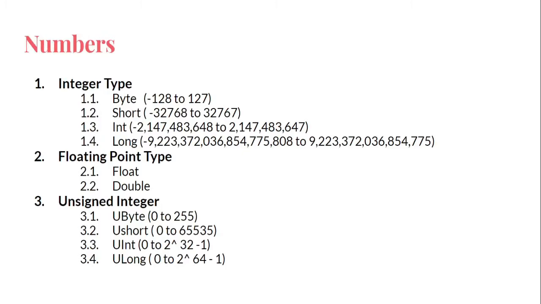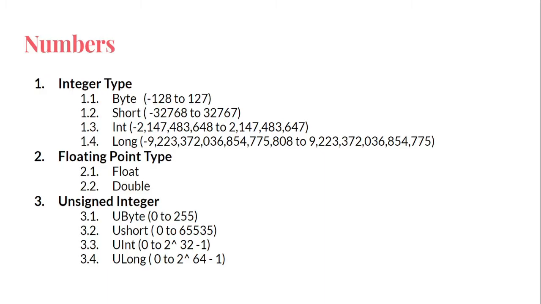So inside integer type we have byte, short, int, and long, right? The basic difference is the size of the variable, right? For example, the byte will consume 8 bits of data, short will consume 16 bits, and in the bracket here you can see that when the size increases, the capacity of the variable to store the number increases. For example, the byte can store from -128 to 127, and the short can store -32768 to 32767, and so on. Long can store a very large number because it is a 64-bit data type, right?